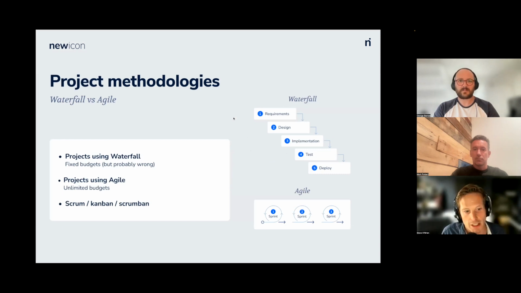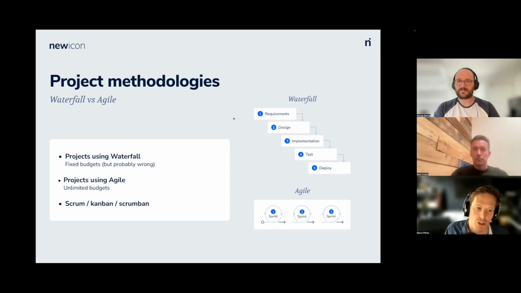And commercially, particularly when you go into projects, people need to know how much this is going to cost. They need to know when it's going to be done by. So obviously in waterfall, you come up with your Gantt chart and you say, okay, it's definitely going to take this long. It's definitely going to cost this much money, which is great because people have a number. But the problem is it's probably wrong because we're very uncertain.